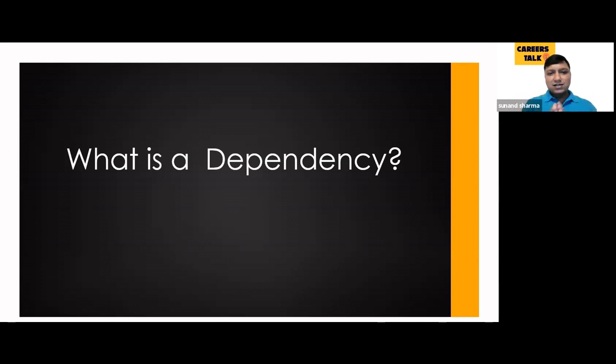So in the Agile world, dependencies are the relationships between work that determine the order in which the work items, for example features, stories, tasks, must be completed by the Agile team. Let's take an example. You might depend on an ops team to perform deployment, or you need assistance from a DBA before you can deploy any new feature into production. These kinds of dependencies are there in any kind of project. So if you do not manage your dependencies properly, dependencies can interrupt work, and they can also impact your deliverables, and they can also affect your various project metrics.